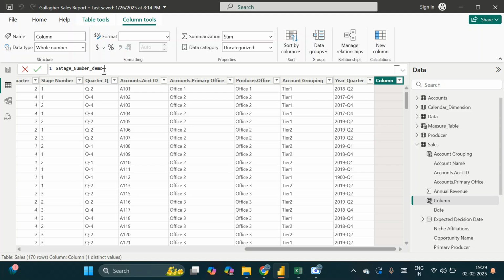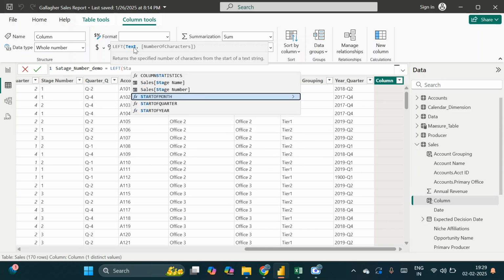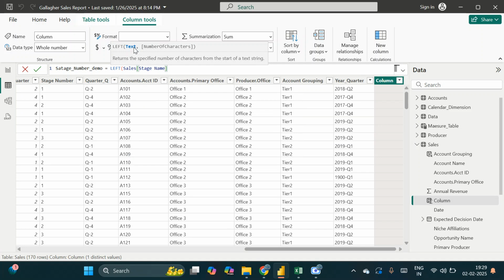I'm saying demo because I already have it. Now what I will do, I will use one of the functions that is called LEFT. The LEFT function needs a first parameter as a text or any column that has a text data type or a string data type. Since my stage name column has data type text,